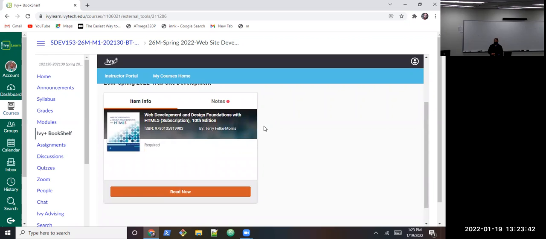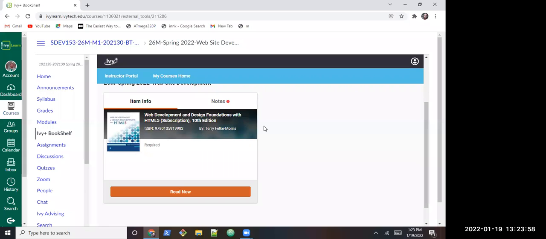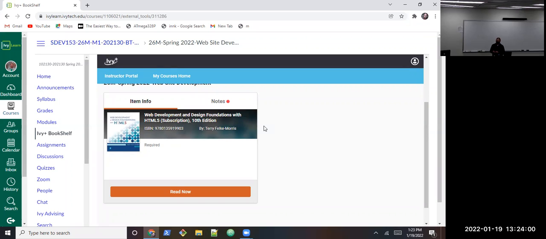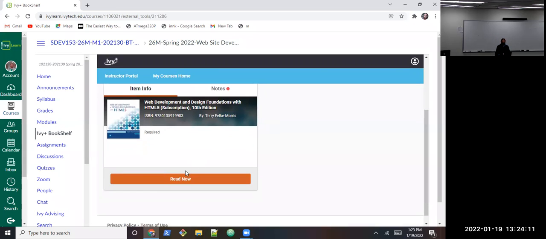Can I get some confirmation? Do you all see the book? If you go to that Ivy Plus link. Anybody check yet? Yes, we can see it. Okay, thank you. I was just making sure because sometimes I see things that students end up not seeing, and it takes a minute to figure it out between the two different views. Yeah, so you just click that, and that